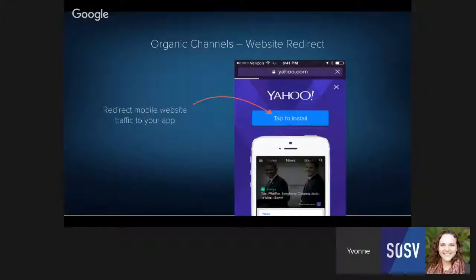And the reason why Yahoo does this is because they have invested time and money into building a good app, a more interactive app than what they're able to deliver on mobile web. So to deliver a better experience, they're asking the user to install the app. So that's another good, organic way of getting people to install your app on their phone.